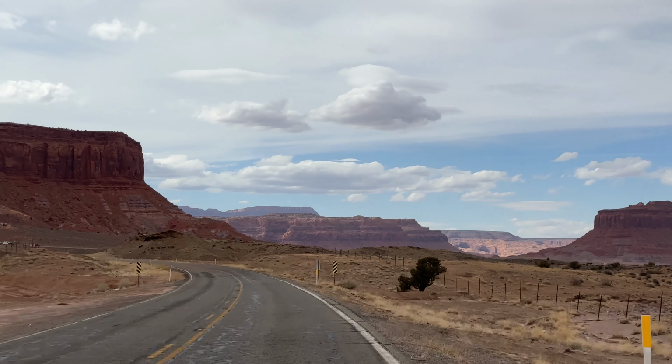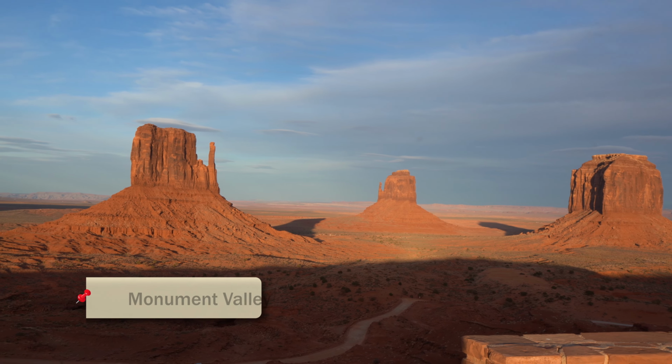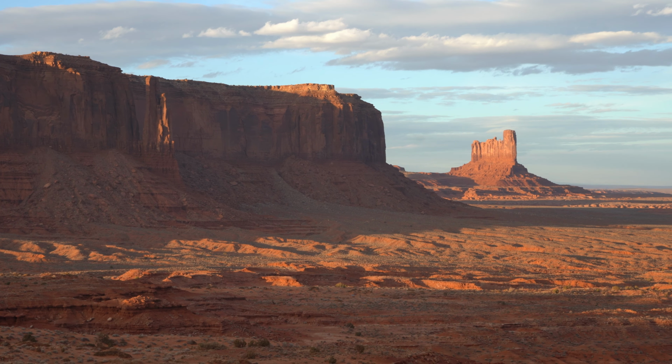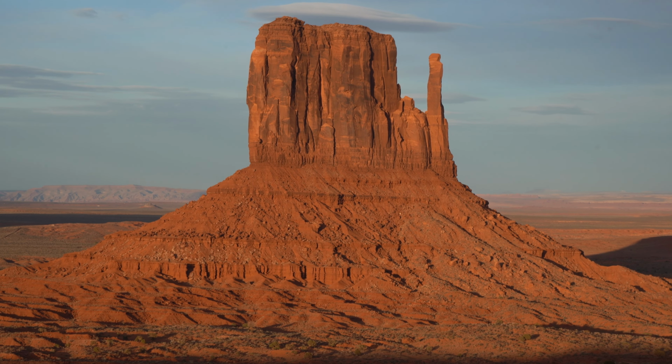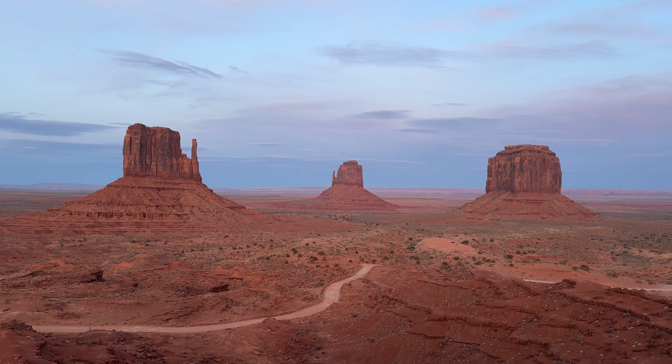Starting our journey from Moab, we headed towards Page with an overnight stop at Goulding's Lodge. We arrived late in the afternoon, giving us just enough time to catch the sunset at Monument Valley. After passing an unmanned toll point at the entrance, we made our way to the visitor center at Monument Valley